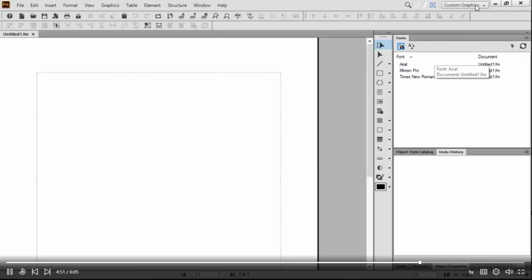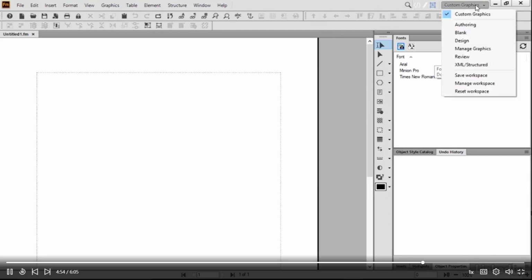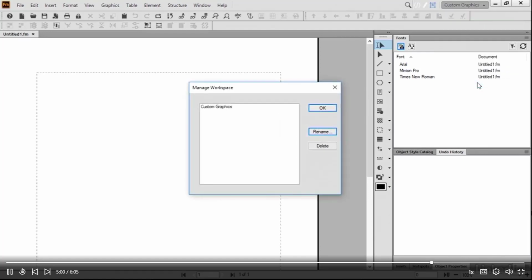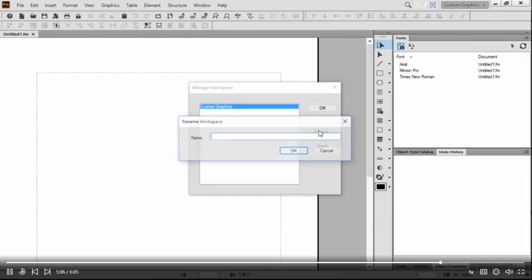Notice now at the top it says Custom Graphics. Click the drop down, and it appears on top of the other presets. So if you wanted to rename it, just go down to Manage Workspace, and from here, select it from the list. It should be the only one if you've been following along with me from the start. Click Rename to give it a new name. I'm going to type in DR